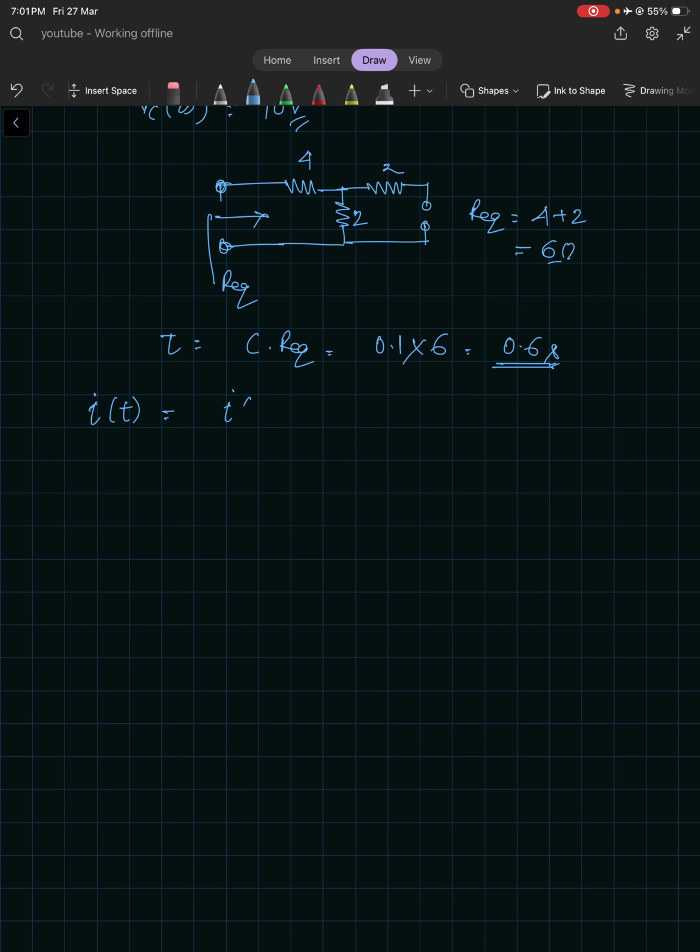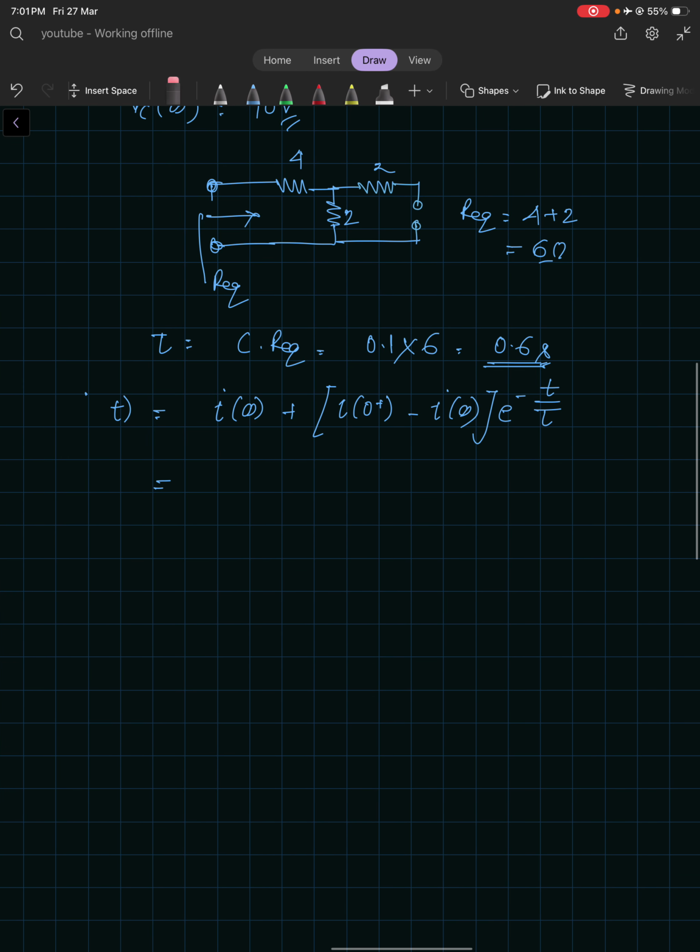This is I of infinity plus I of 0 minus I of infinity e power minus t by tau. Oh, this is all V, right? I'm sorry guys, absolutely sorry. So I'm not going to write the equation. So VC